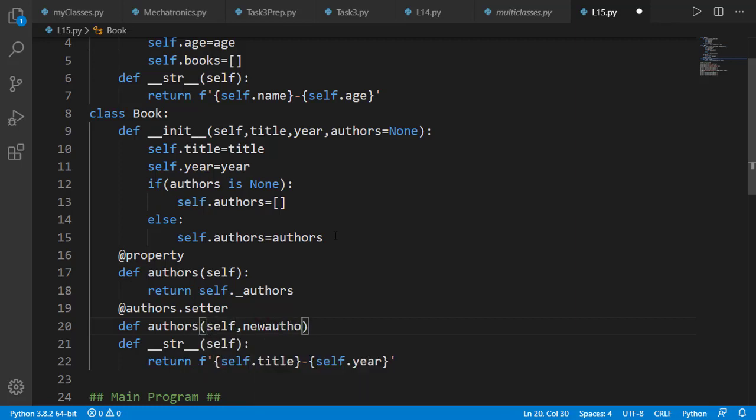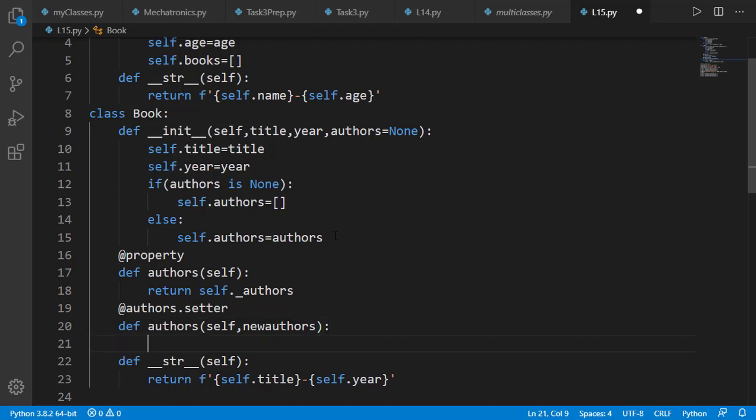In setter method, new authors is the list of the authors for that book. The first thing we can do is to make sure that the elements of the new authors list are actually author class objects. If it is not an author class object, we can generate type error.